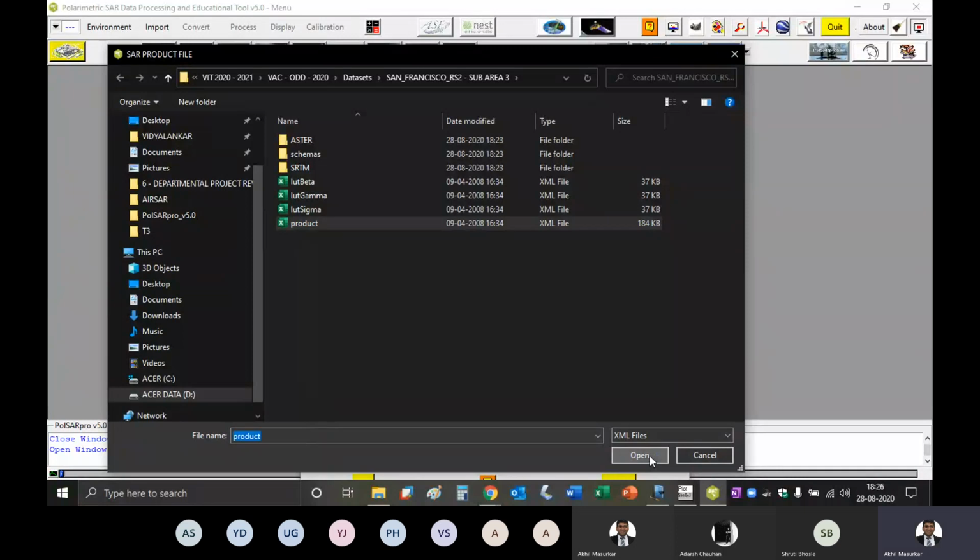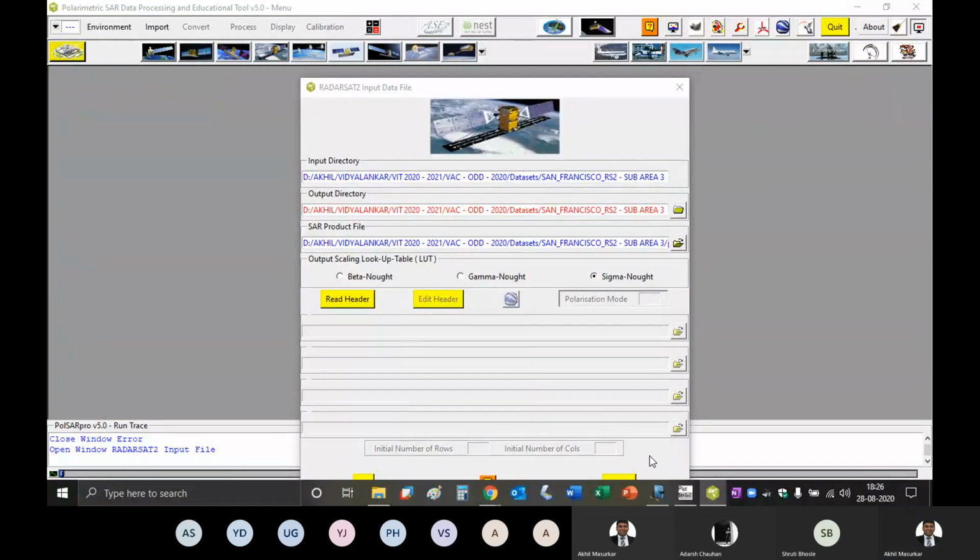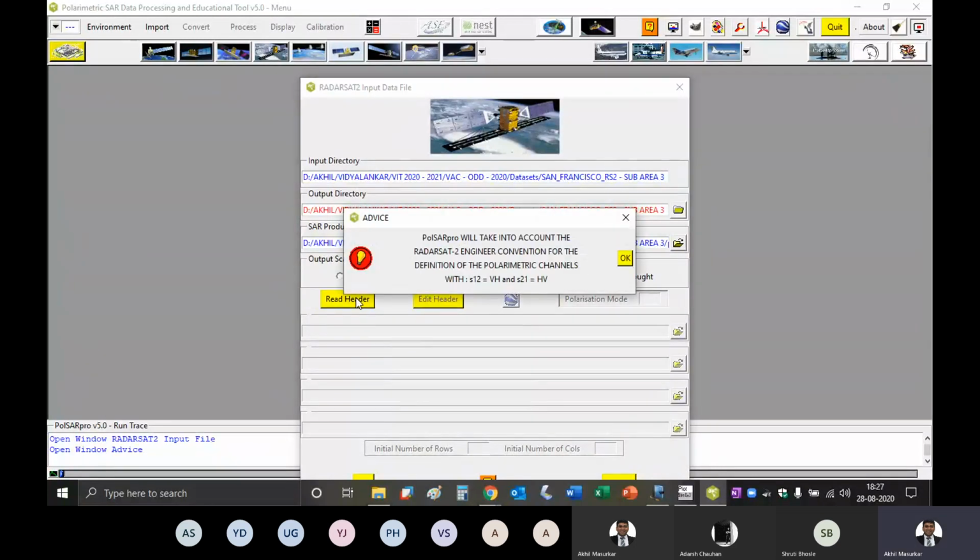Say open. See to it that this sigma naught is selected, and then you can just note this Google Earth icon. It is not enabled yet because we have not read the data file. And then you can just see, read the header. So it is giving some advice.